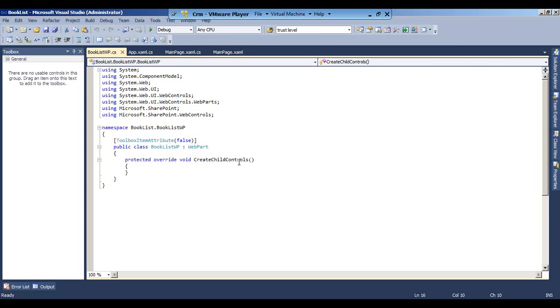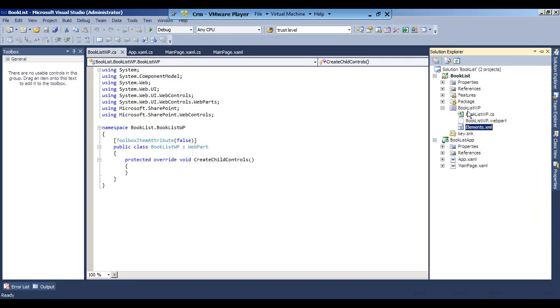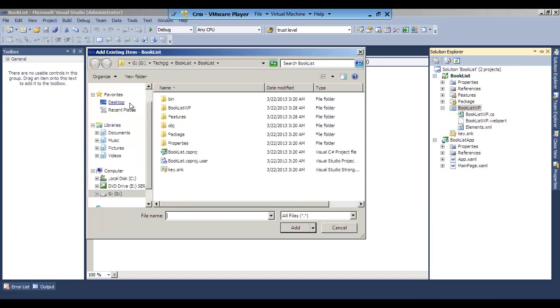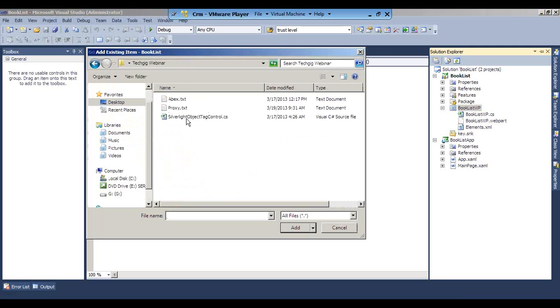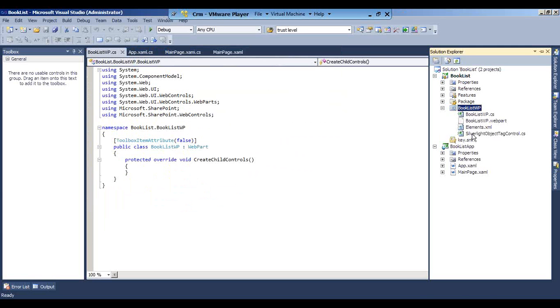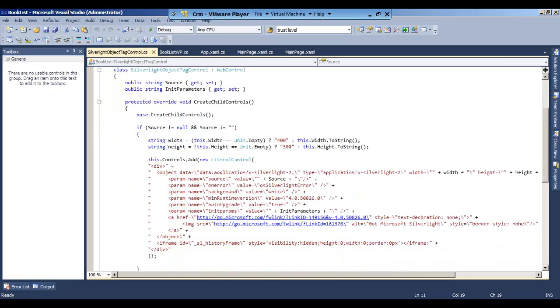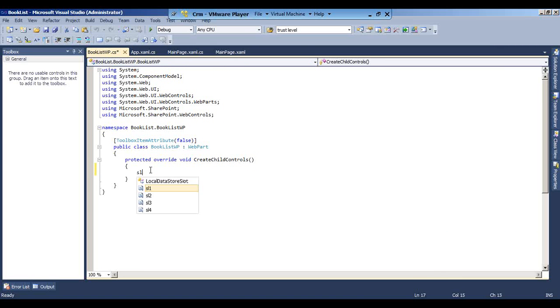So now I'm back to my code. Under create child controls, I have a ready-made helper class, which will dynamically add the Silverlight application. So on my desktop, I'll add this helper class. This helper class is responsible for the width, the height, and dynamically adding the Silverlight application with every parameter, for example the minimum runtime version, auto upgrade, the init params and all. So it is very simple. You just have to implement this helper class and